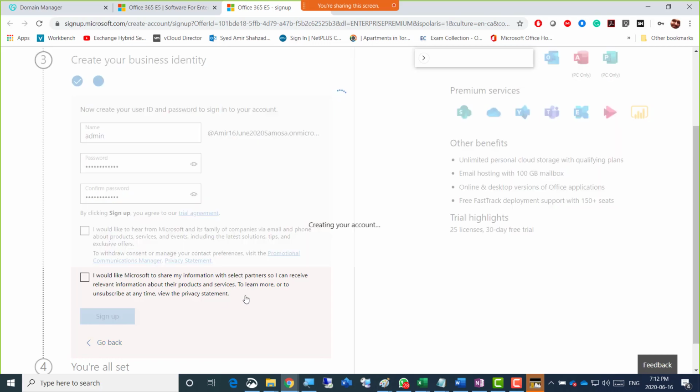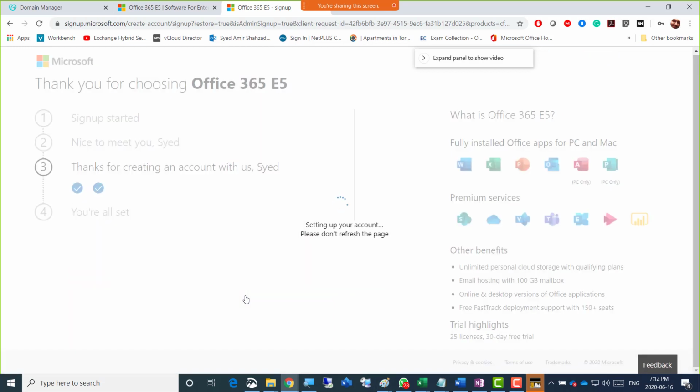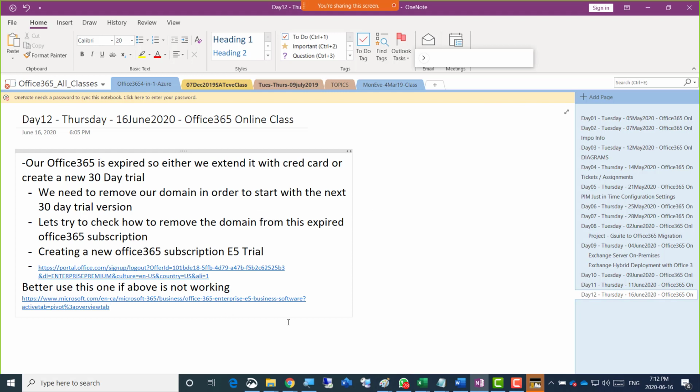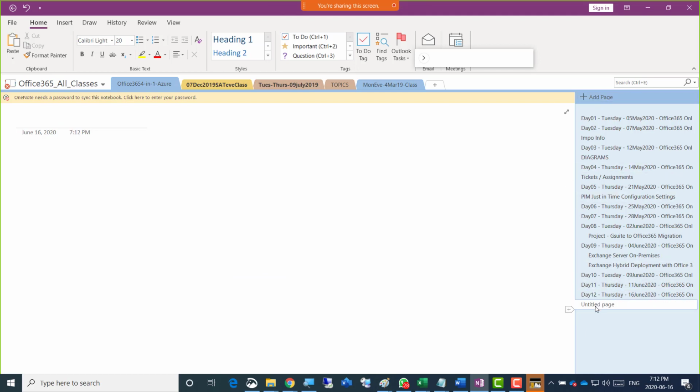So we're now logging in. Yay! Okay, so this is the new one for me, and I'll copy that and put it in a new page for me, so I could remember it.